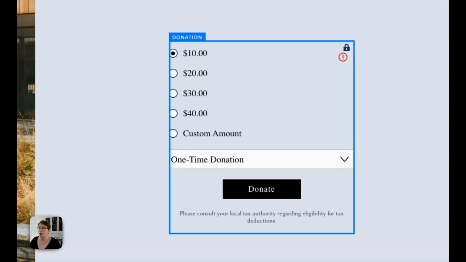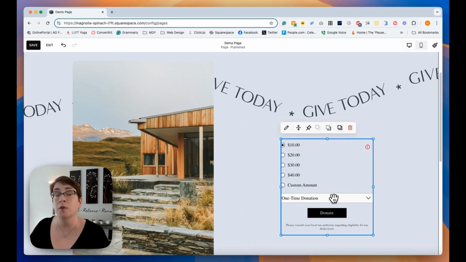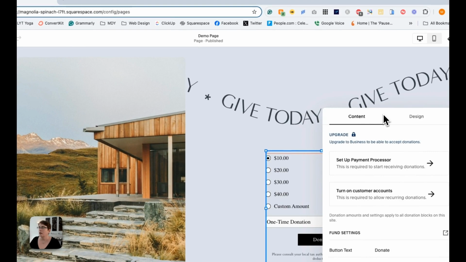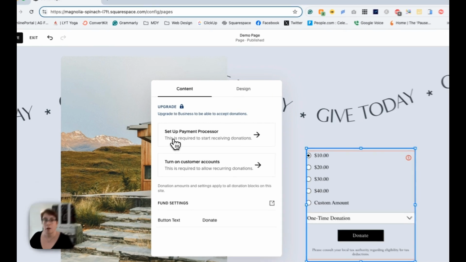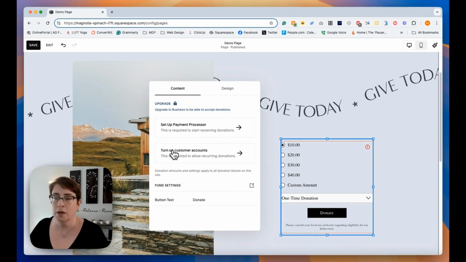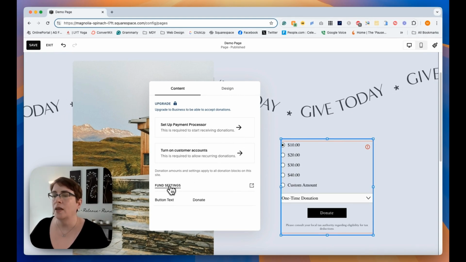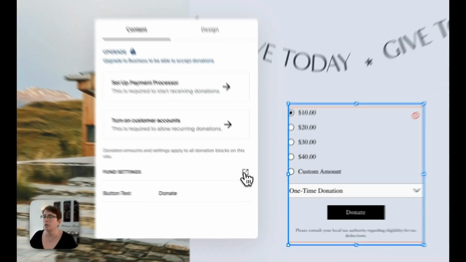You'll notice first that we have set specific donation amounts. We have custom amount available and then different options for frequency. So let's see how we make that happen. Now, when you click edit, you'll first notice that if you haven't already, you will need to set up a payment processor and turn on customer accounts. And this will guide you through that if you haven't done that already. And the next thing you want to be doing is your fund settings. So if we open this up,